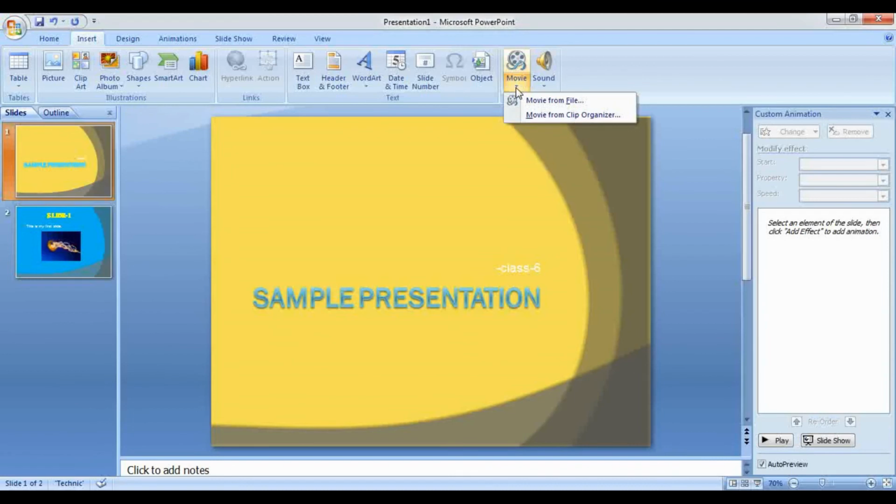You can add small clippings which you want to display in middle of your presentation, like a short movie or some GIF file or something. Some video content which you would like to show your audience when you are presenting. And then in the sound, you can add some background narration, you can add some nice music, or you can add your recorded sounds. You can record your own sound and you can add them. You have all the options here.